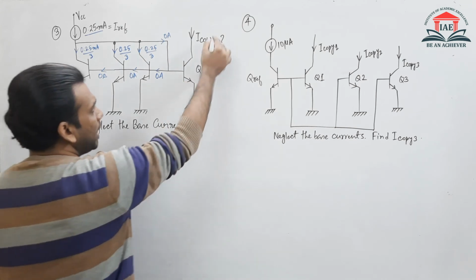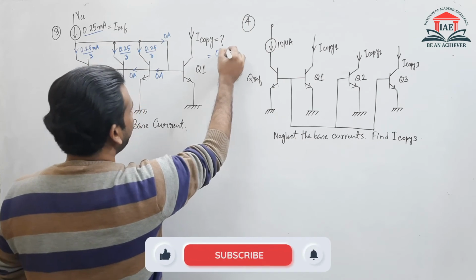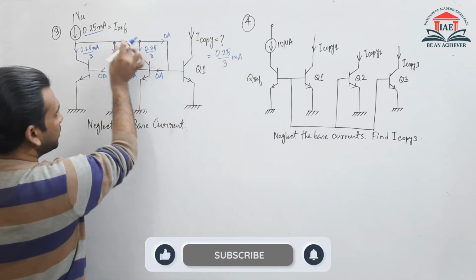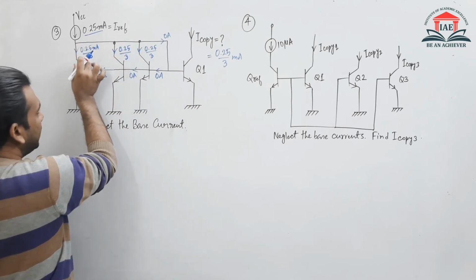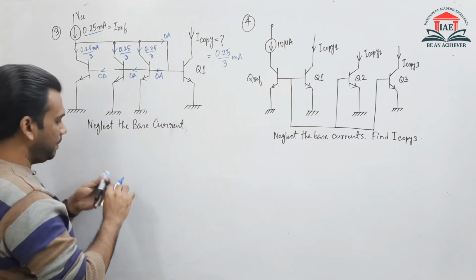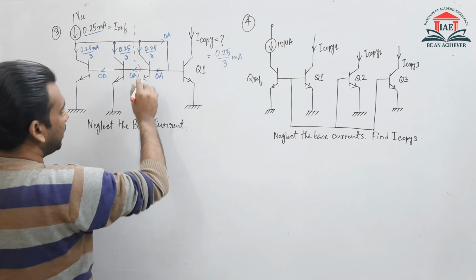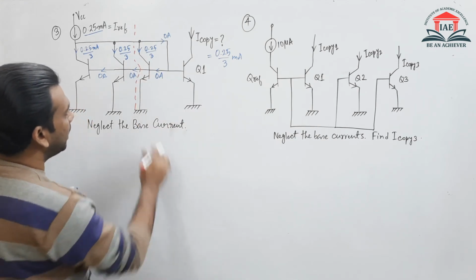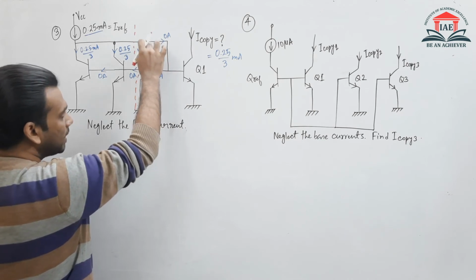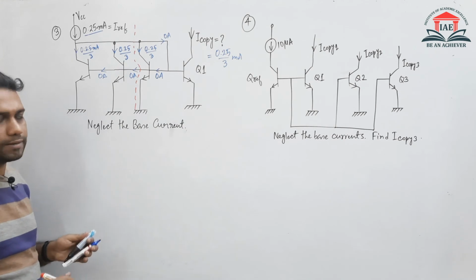So that means this I copy value will be 0.25 divided by 3 milliampere, similar to this current, similar to this current, not this 0.25, because the current mirror circuit is here. This is my current mirror circuit where 0.25 divided by 3 current is the I reference, so here my I reference value will come, simple as that.